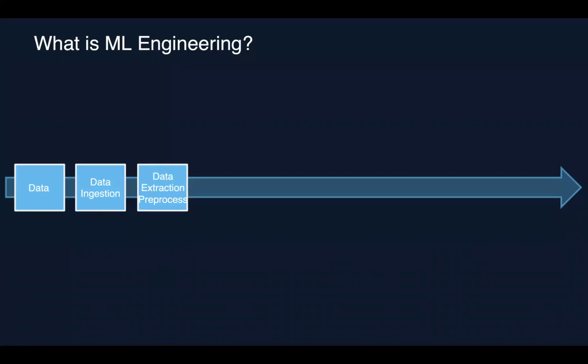And before we can build machine learning models, data scientists will probably need to do data pre-processing, data extraction, right? Data is usually extracted from some sort of data store. It could be an object store, but most likely it's going to be a relational database or data warehouse, right? And then data scientists or data analysts will be doing data analysis, data exploration, just trying to understand the data, the shape of the data distribution, right? If there are any missing values. So this gives data scientists an idea of how they're going to go about this modeling process.